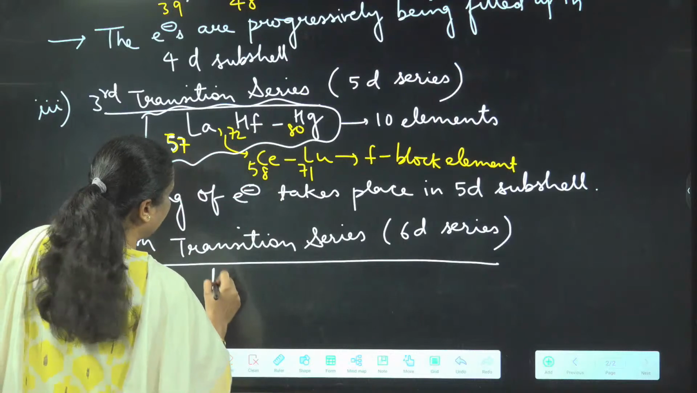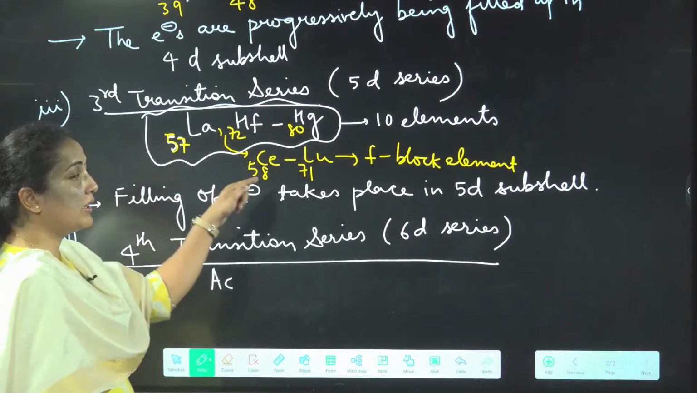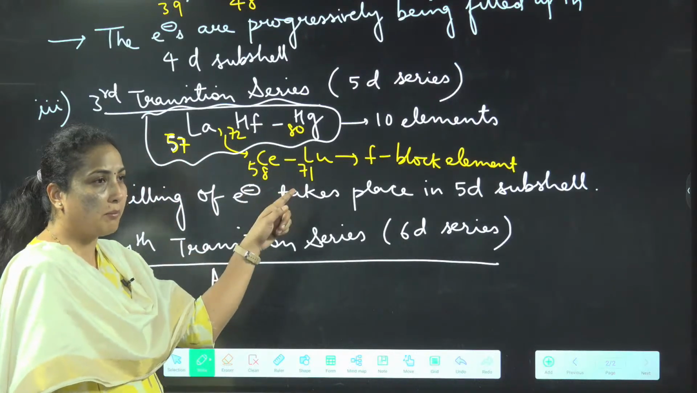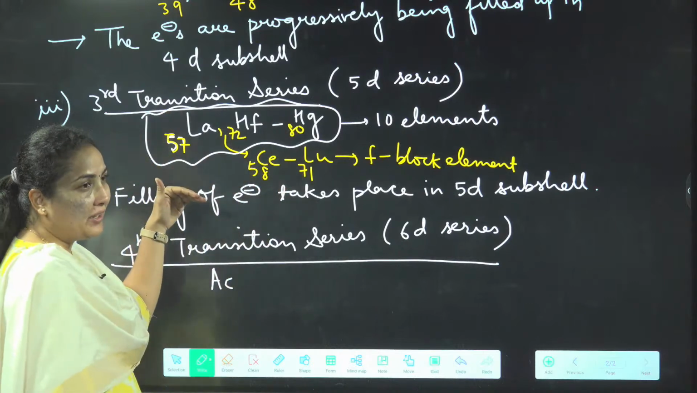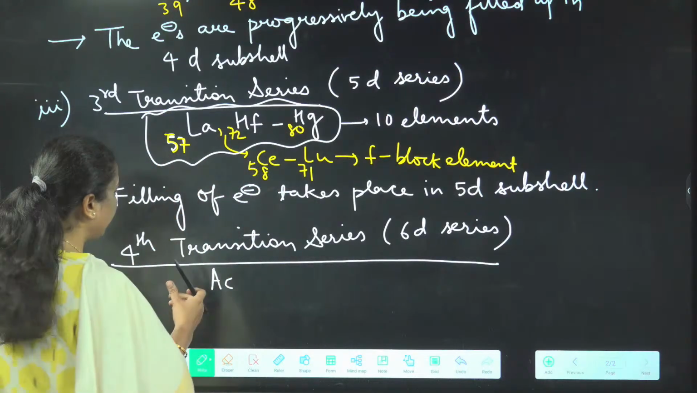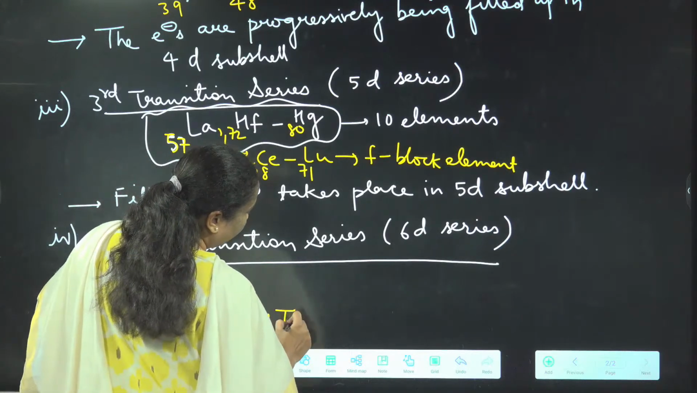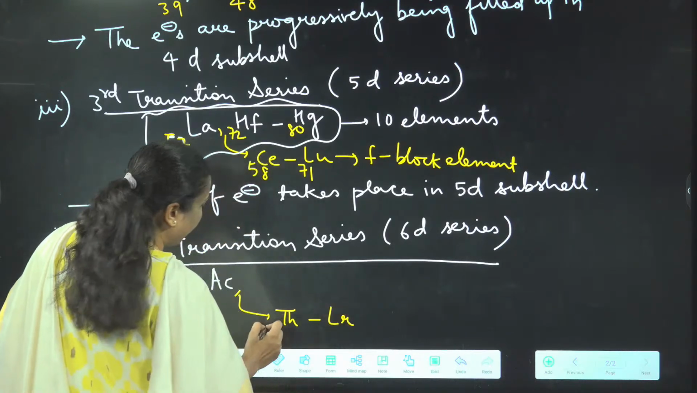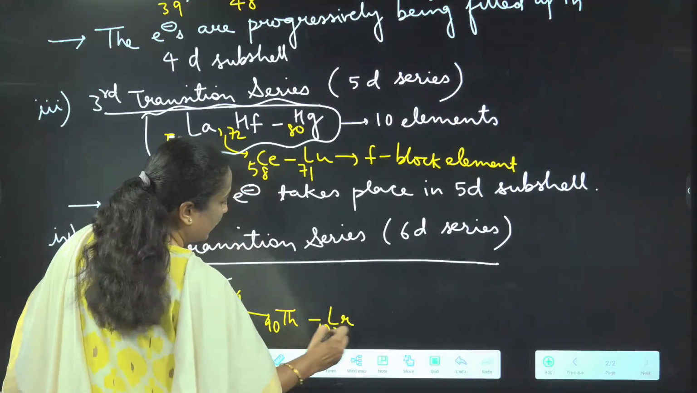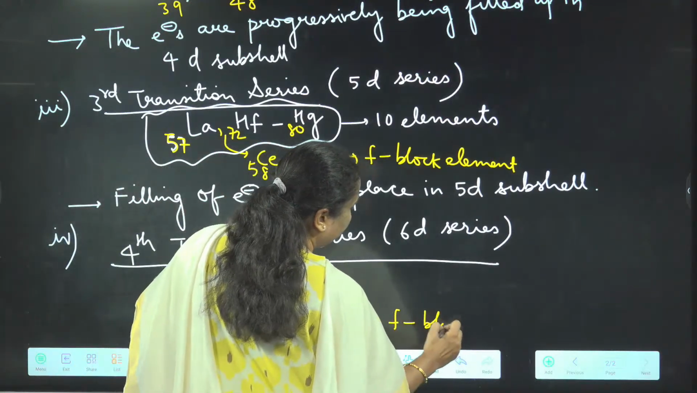So basically it starts with actinium. Now you already know that there are 14 additional elements which have come. So till now we were adding 18, now you add 32. So basically you will be getting this as 89, and after that we know that it is thorium to lawrencium, which is 90 to 103. They are also F block elements,